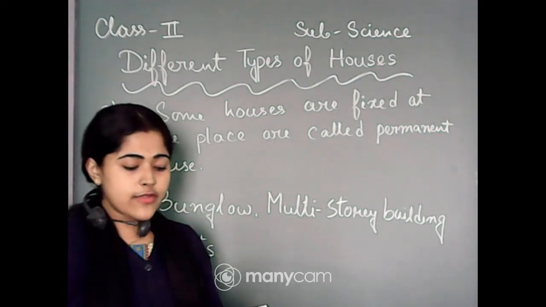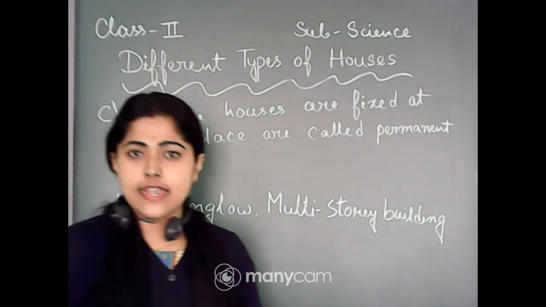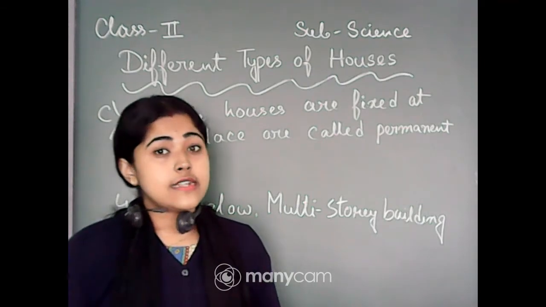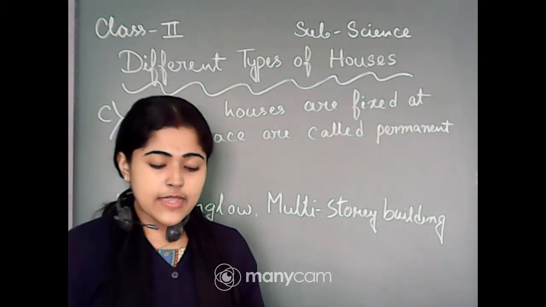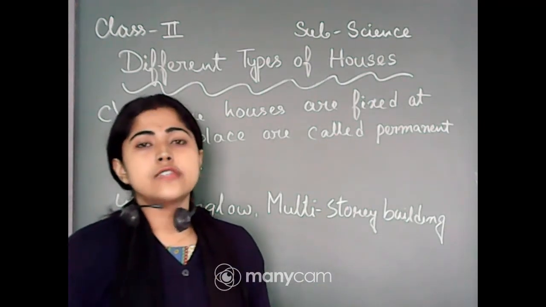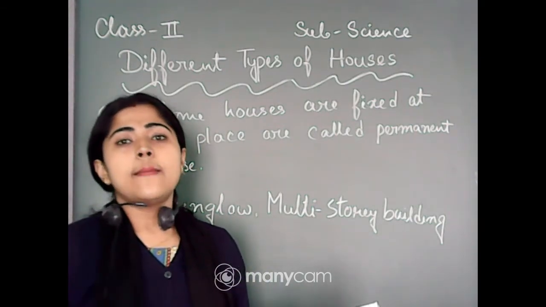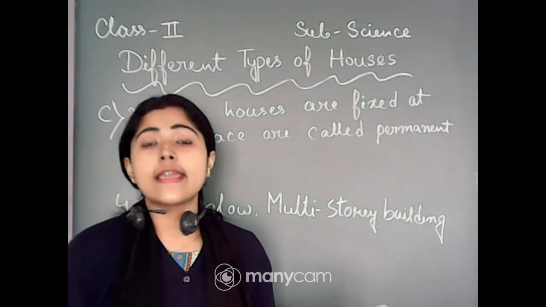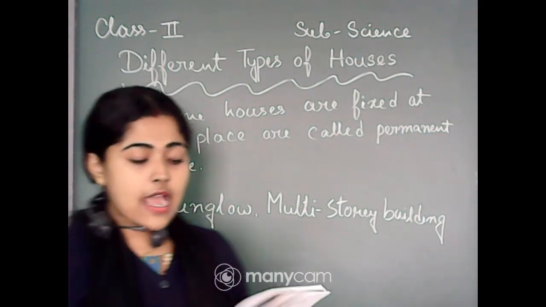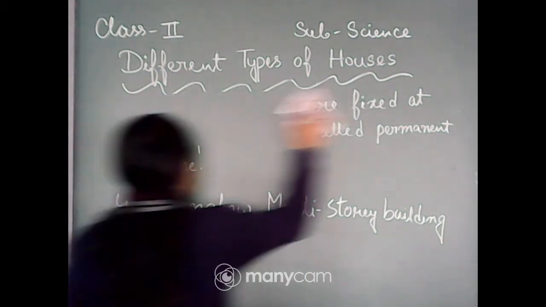Now go to question D. Think and answer. Here you have to read the question at first, then think about it, then give the answer. So let's read the question. How can we make our house a good house? Suggest 2 ways. There are a lot of ways we can make our house a good house, but you have to think and write any 2 ways. So I am now erasing question C.